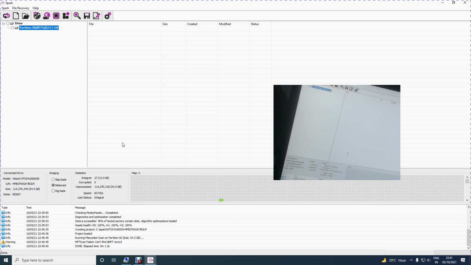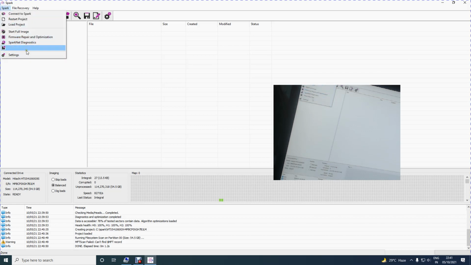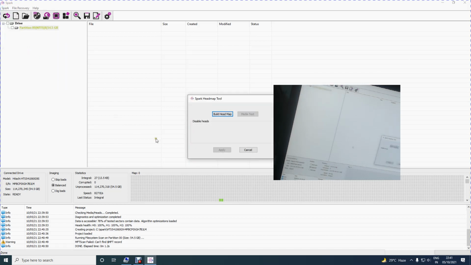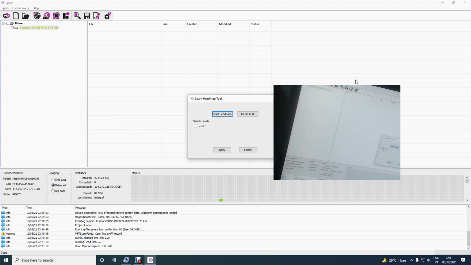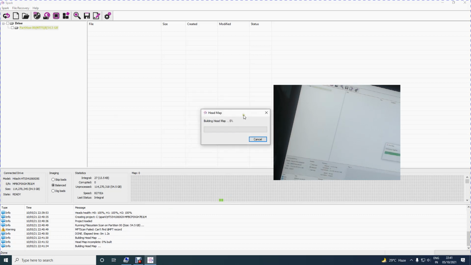So now the best thing to do for such a drive is to image the drive and then take the data out of it. That's okay, but let us see how it images. Let's do a head map tool on the drive. We'll say build a head map. This will build a head map connecting to Spark, 1% and will go on till 100%.